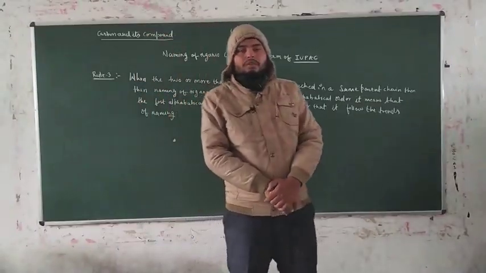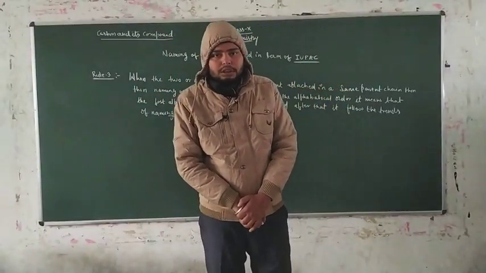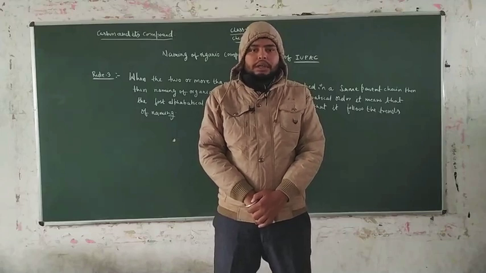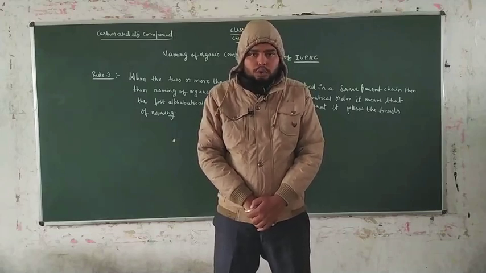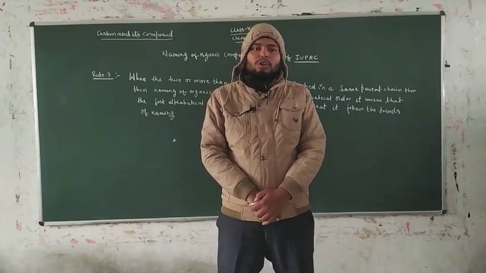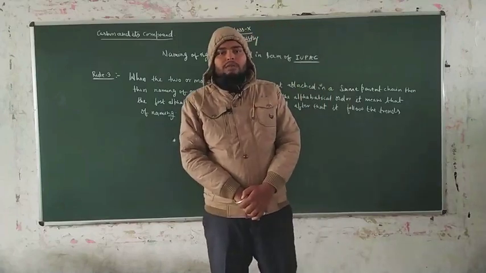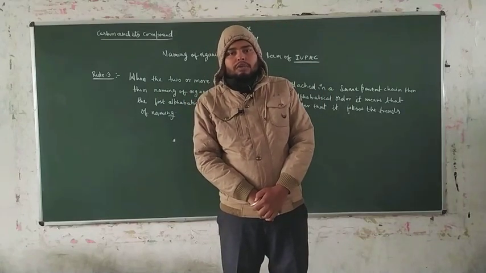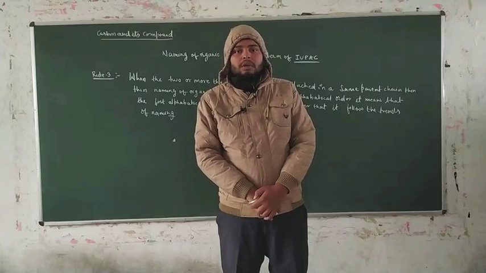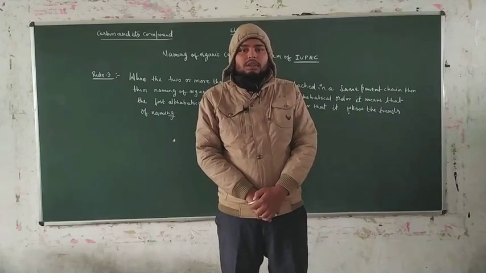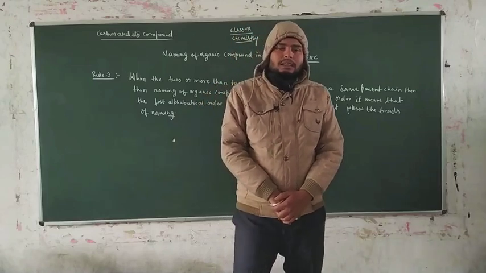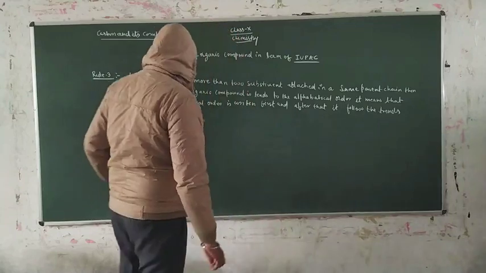That means this is rule number 3 of IUPAC, where we discuss the condition of an organic compound when the same parent chain contains at least 2 or more than 2 substituents. Then what do we do for the naming of that type of organic compound? We follow rule number 3 of IUPAC, the alphabetical rule. That means the name which comes first in the alphabet is written first. After that we follow the rest of the alphabetical order. If you can't understand rule number 3, just take an example here.